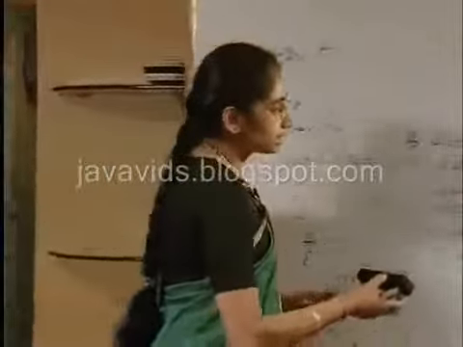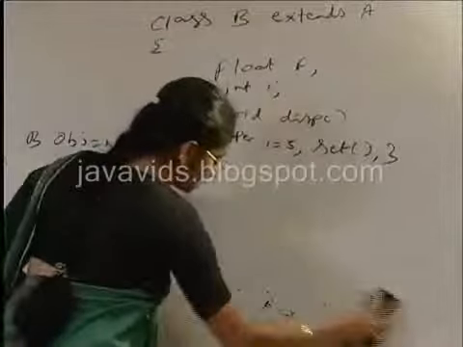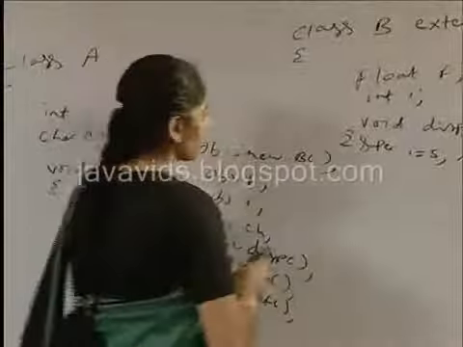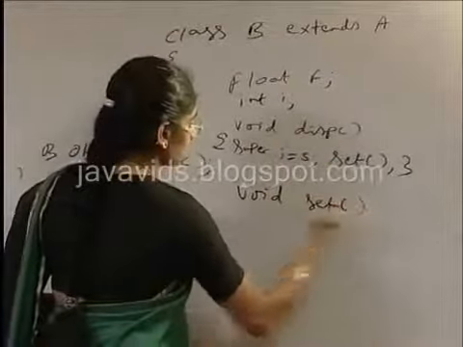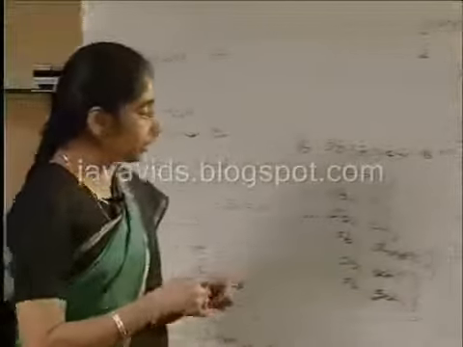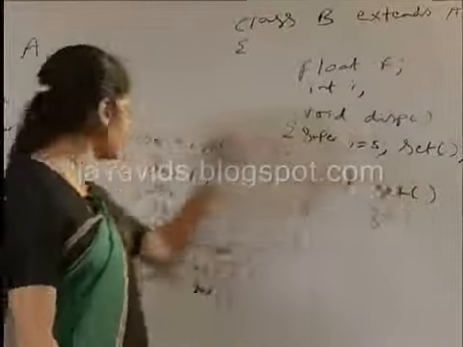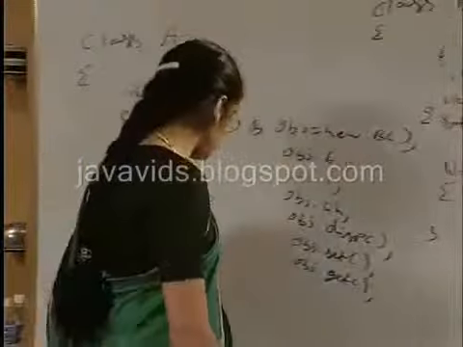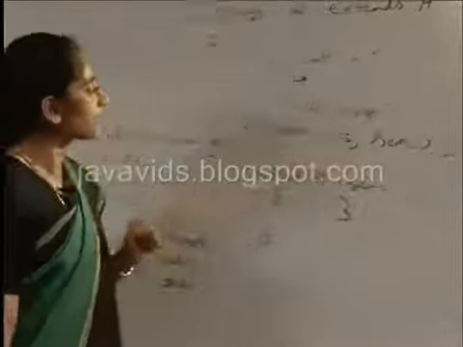Similarly, methods can also be specified in the child. The same method can also be specified in the parent. Now let's say we also have void set here in the child class. Now when we call set here, it will call the set of the child and not the set of the parent. If you want to again access the set of the parent, you need to say super.set here, right?